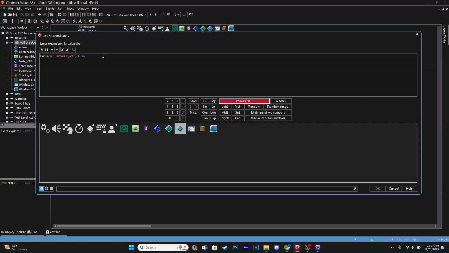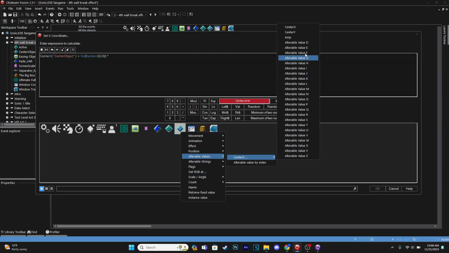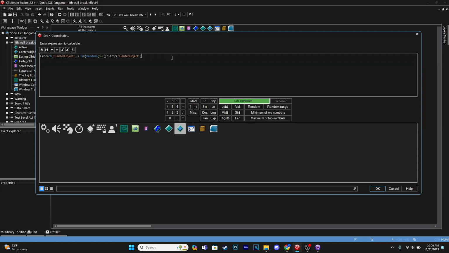plus sin. I want to do, I believe this number you can mess around with it, but I'm just going to put what's in here, 628. We want to do times the amp of the center object, so center X, the amp value of the center object here. So a lot of math is going on here, and what exactly is going on, I will be honest,